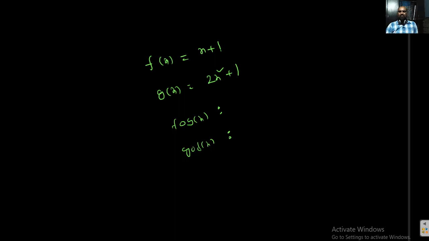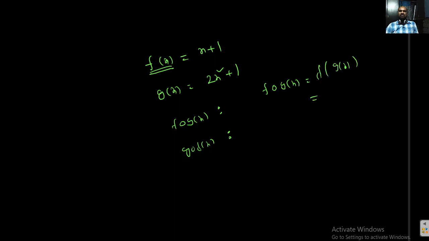So here, these two are linear and polynomial functions. F of x is defined for all real numbers; domain is all real numbers, and range is also all real numbers. But g of x is defined for all real numbers, while the range is closed 1 to infinity only. So you can find f circle g as well as g circle f. How to find f circle g? F circle g of x, by the definition, I can write f of g of x.